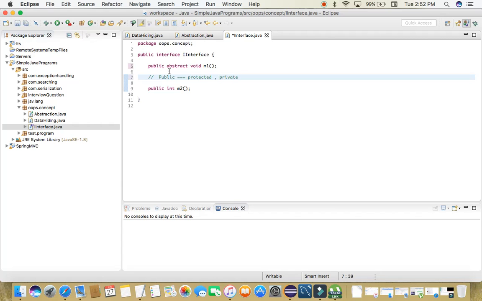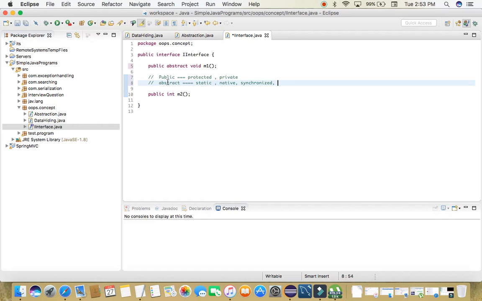If you use them, it will always give you an error. We can't use public, protected, private simultaneously. And if you are using abstract, then these five modifiers we can't use: static, native, synchronized,